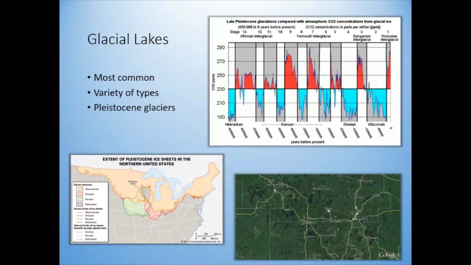Now, glacial lakes. Glacial lakes are the most common type of lake. Across the world, the majority of lakes are caused by glaciers through one process or another. So what we see is basically every time here you get